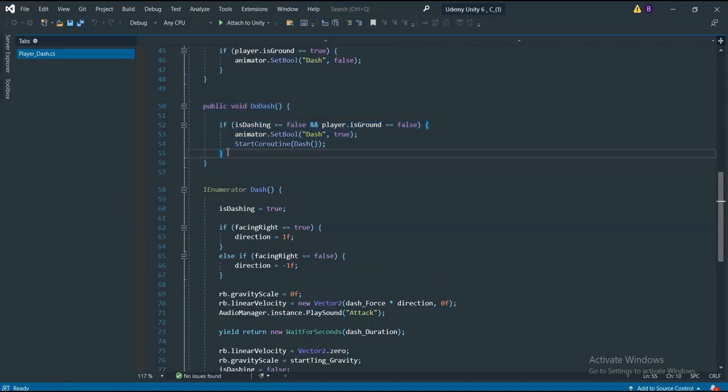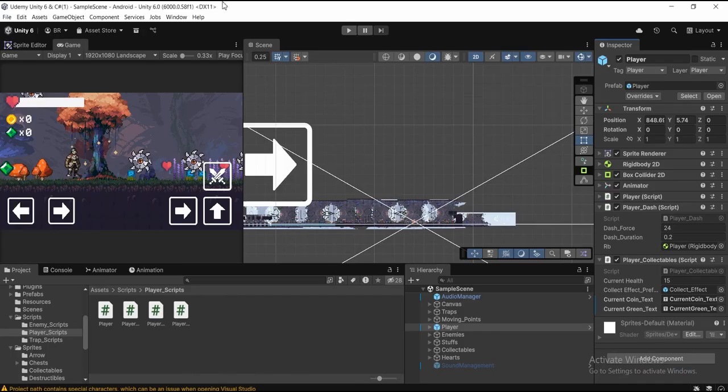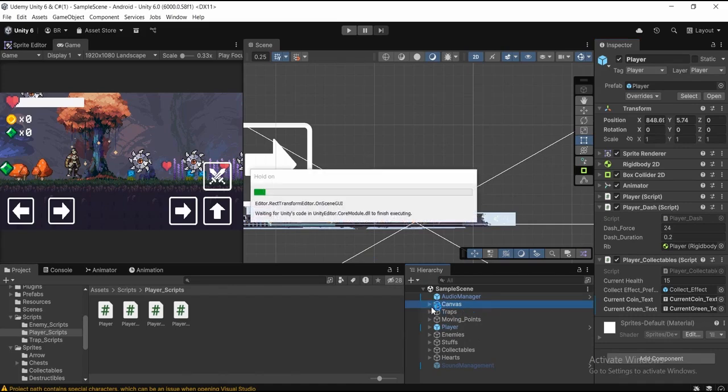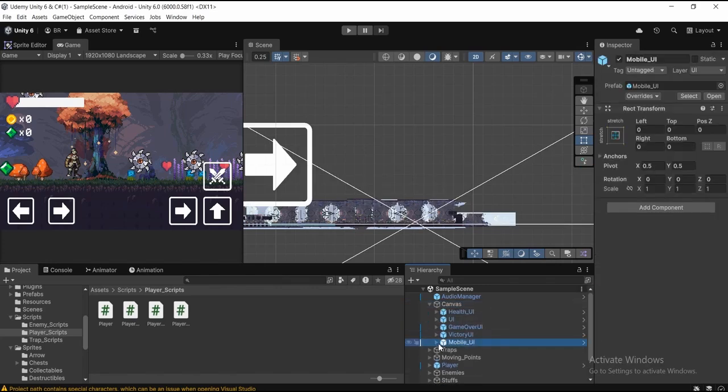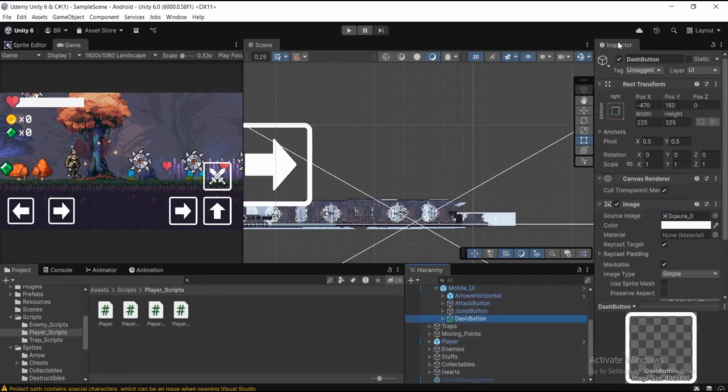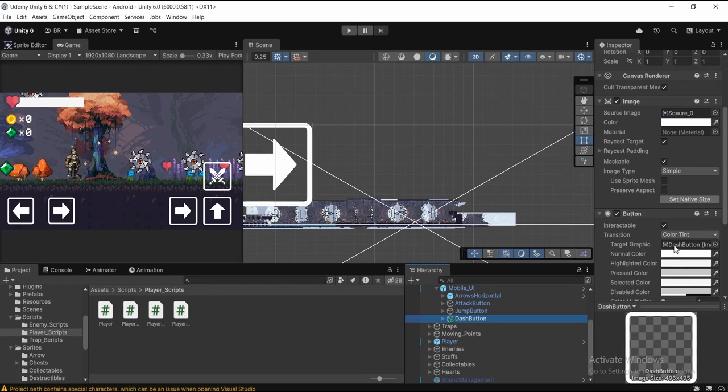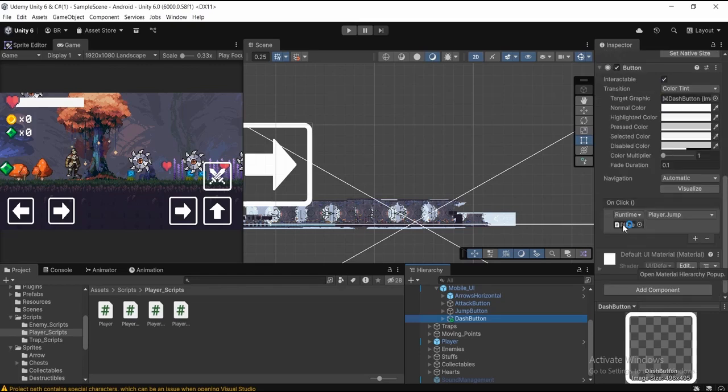So let's move over to Unity editor, and now we're going to move over to our canvas in the hierarchy. Then we will go over to our mobile_UI game object, and then let's choose the dash button, then go over to the inspector and scroll down to the button component. Now we need to drag the game object on which the script is sitting